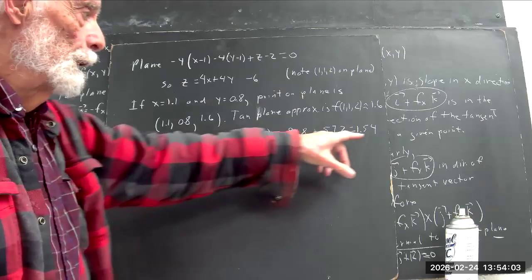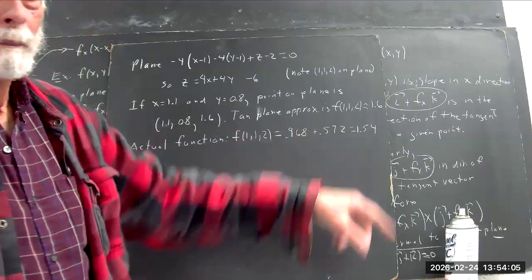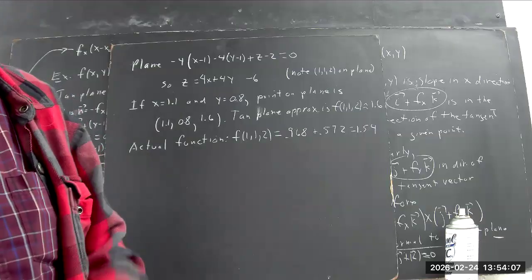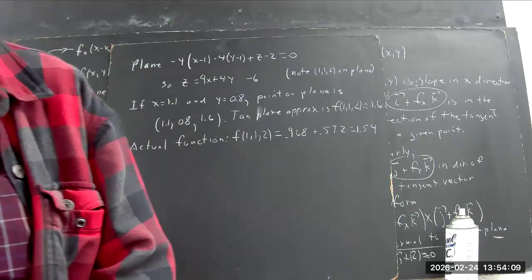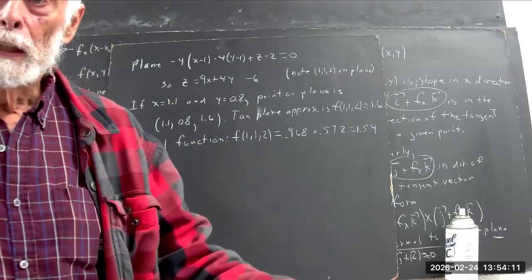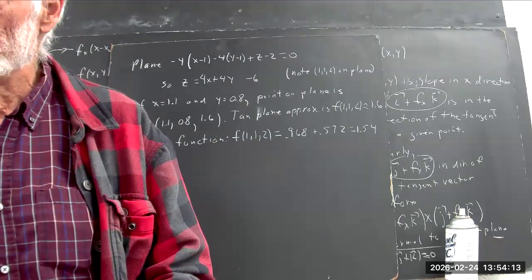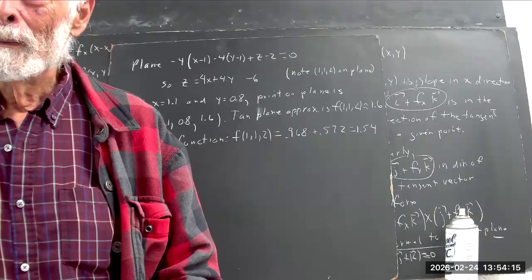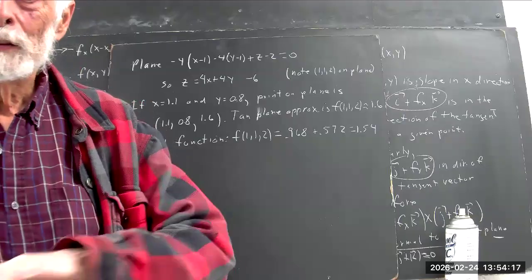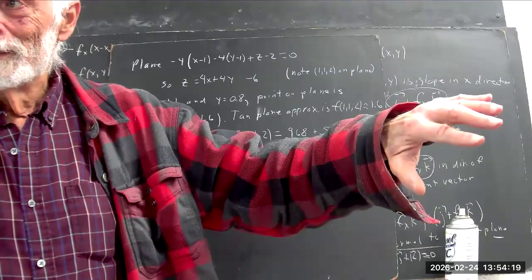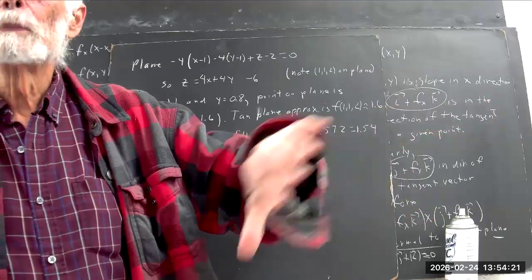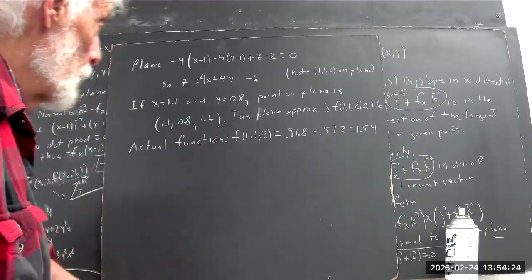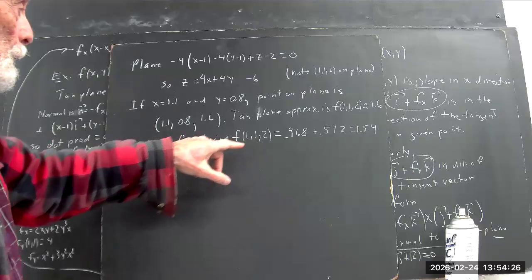What we get from the actual function is 1.54. This function is not a linear function, right? It's not linear in X, it's not linear in Y. In other words, it's not a plane, okay? Got some curvature. So between the point